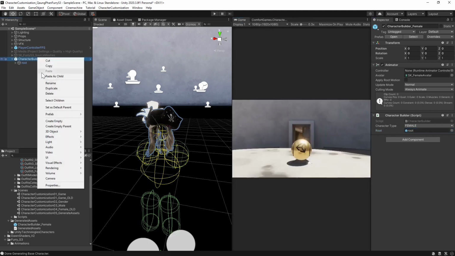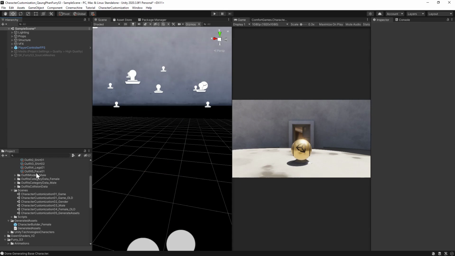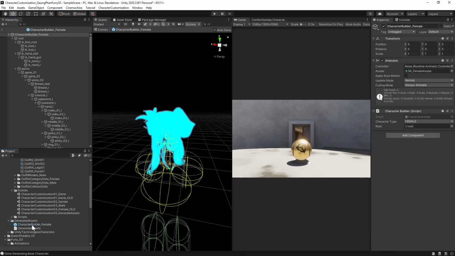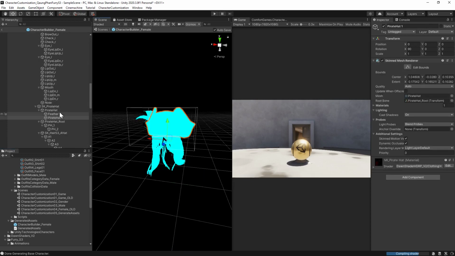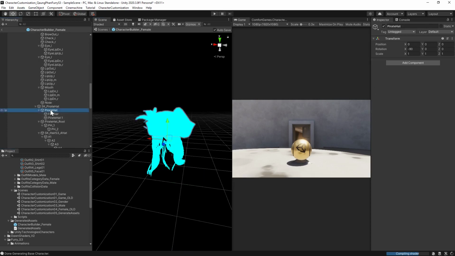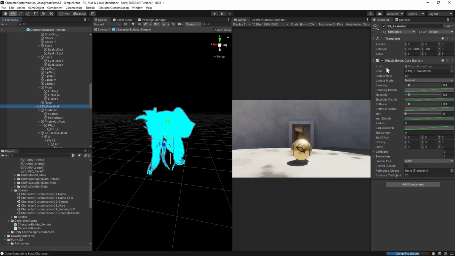Now we can delete this character builder female. We'll go inside the prefab. This is the one that we generated. Outside of the scene, we'll inspect the thing itself. Now, what you'll notice is immediately you have things like this hat, and there's bones associated with the hat, which